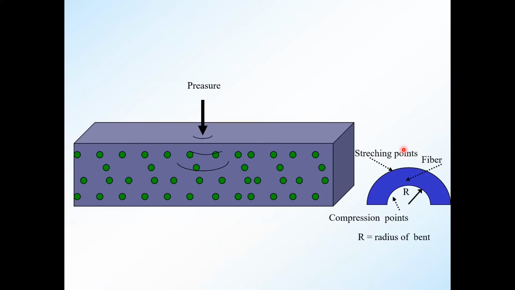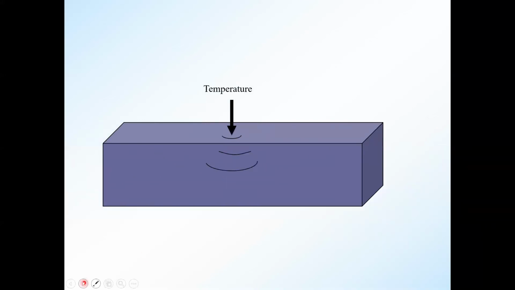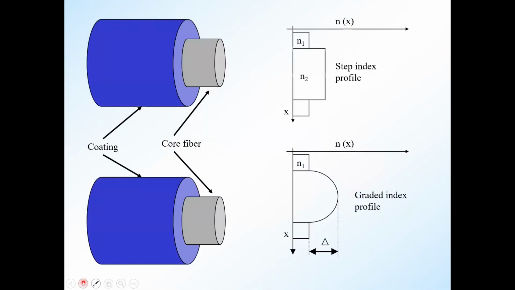But the point is this can be avoided if we have these bends beyond some critical radius, right? Every fiber with its characteristics has a certain critical radius defined for it, that if the bends have a radius larger than it, these losses can be avoided. So it's a pressure or a stress occurring at the bends, which are also called bending losses. Other is temperature, which can affect the properties and can impact your signal.